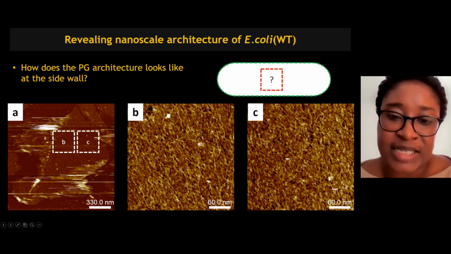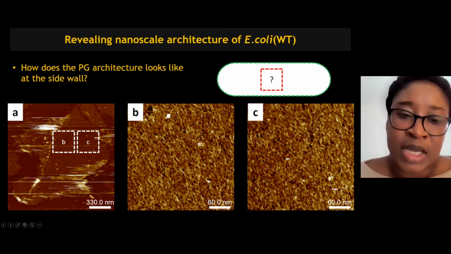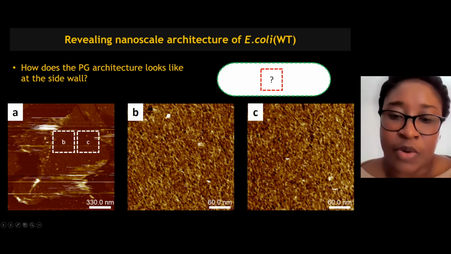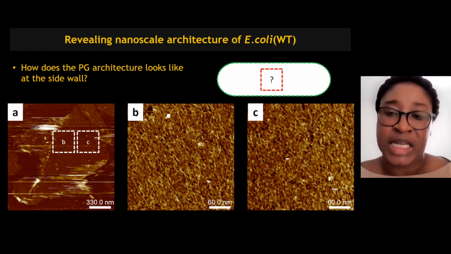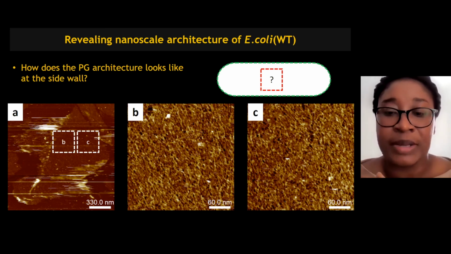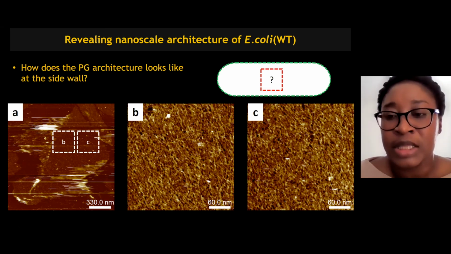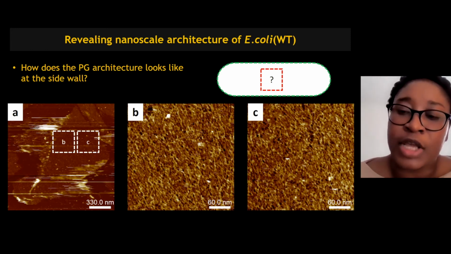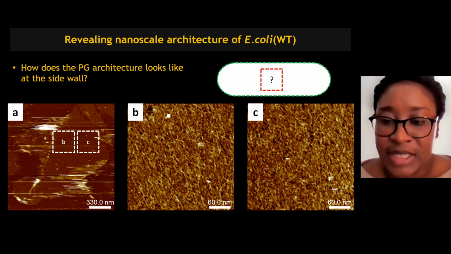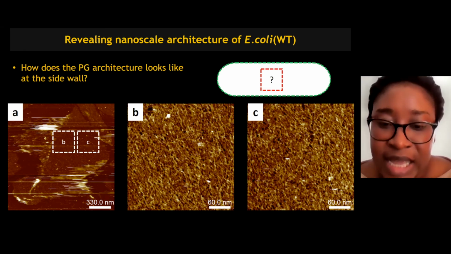And as you can see, we have glycans that are spread across and revolve around the cell wall. You can clearly see that they are fully oriented in a given direction with respect to the plane of imaging. At the same time, if you look across the longitudinal direction, you would see that they are not perpendicular, but they are fully oriented towards a given direction.